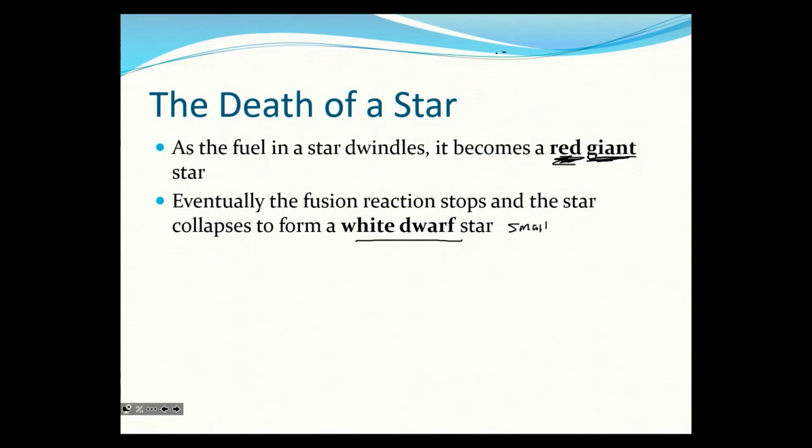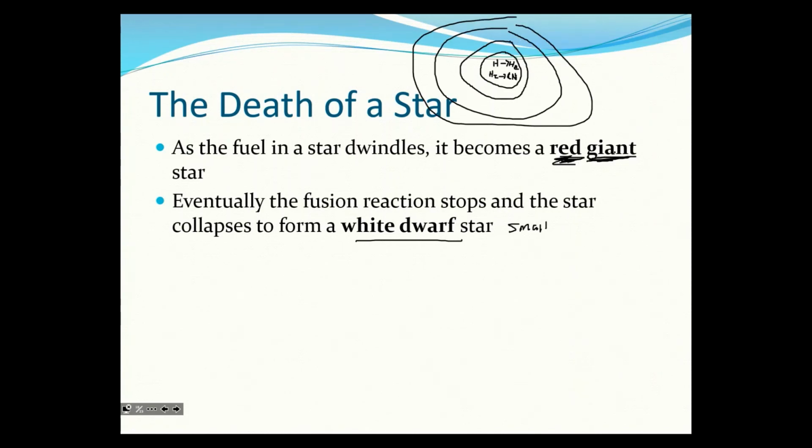So what happens is we have our star, and it's turning hydrogen into helium. And then helium gets turned into heavier elements like, what's the next element there? So into things like carbon and sodium and bigger elements. And as it does that, the star gets bigger and bigger, and it becomes this red giant. But eventually it reaches iron. So iron is the most stable element, and once you reach iron,